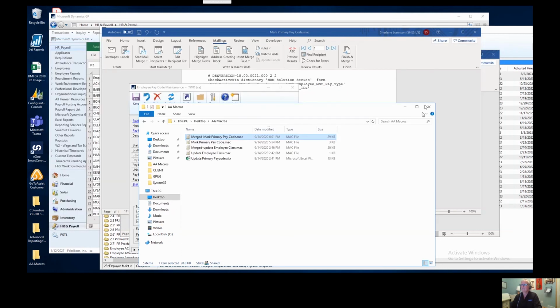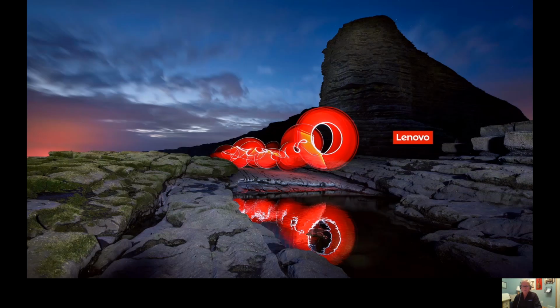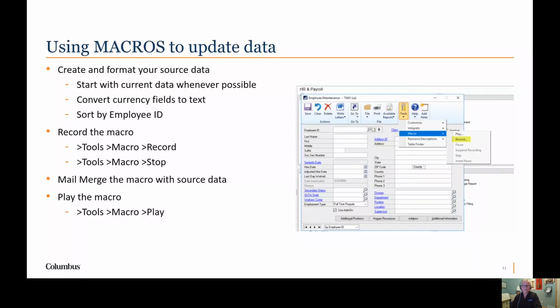So that's what I have for you on the demo today. And I want to jump back to the PowerPoint just for a minute and show you a couple more things there. There, it looks like we're there. So I'll go to the next screen here